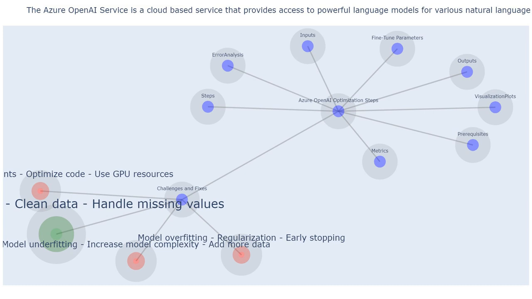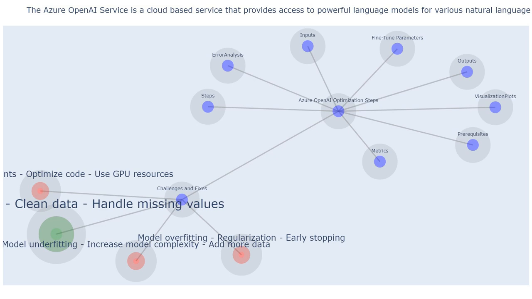This includes issues such as inconsistent data, missing values, and outliers. Clean data involves identifying and removing or correcting errors in the dataset. This can include removing duplicate data, correcting spelling errors, and handling missing values appropriately. Handle missing values refers to the process of dealing with missing data in the dataset. This can involve removing data points with missing values, replacing missing values with estimated values, or using algorithms that can